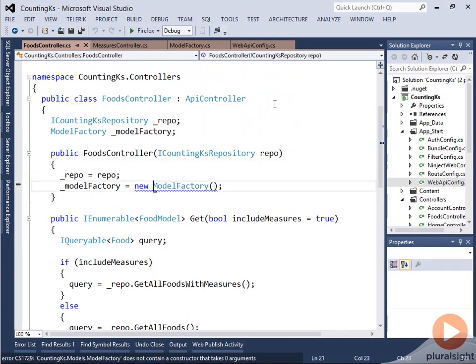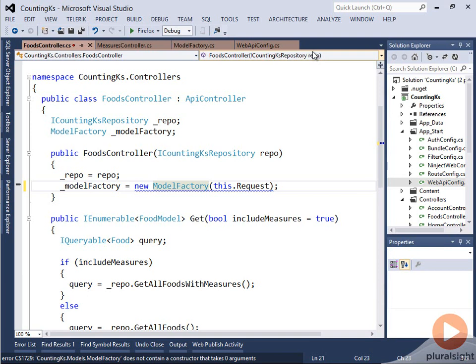We can't do it here because even if we say this.request, at the time of the construction of the controller it is empty, because we're right here in the constructor, of course. So what we really need to do is defer the creation of this model factory. And so a pattern for simplifying some of this code, because we're going to be using the model factory and